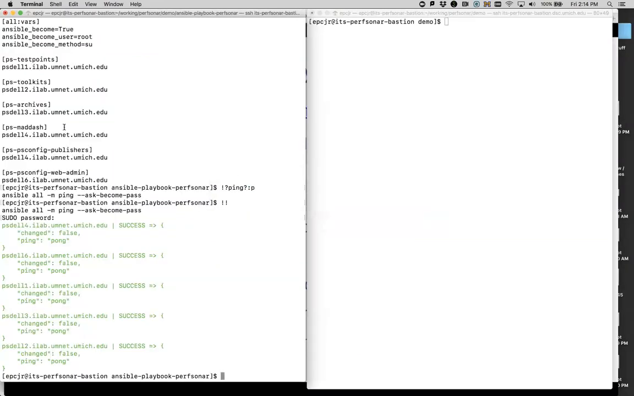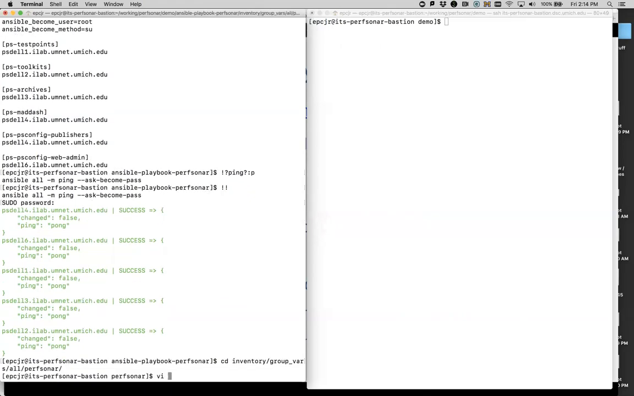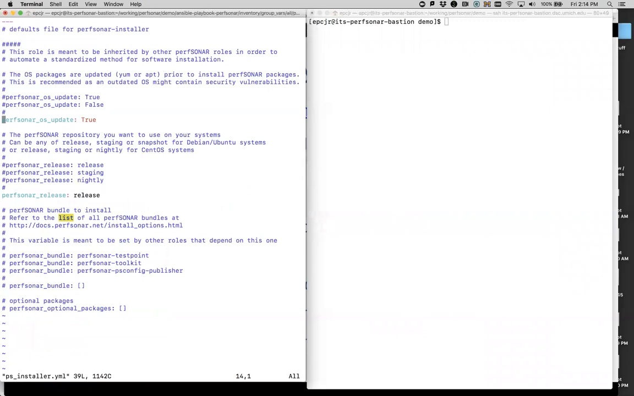So what I'm going to do now is some very, very minimal configuration. And I'll show you what I'm going to do. I'm going to look at the installer. Now, to save time, I'm going to say,